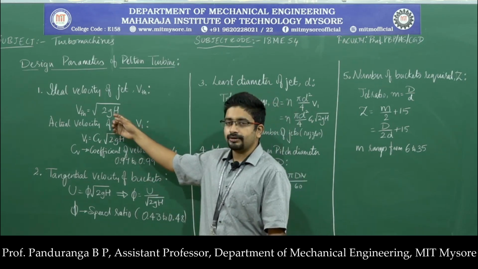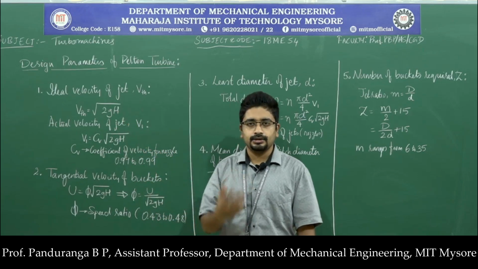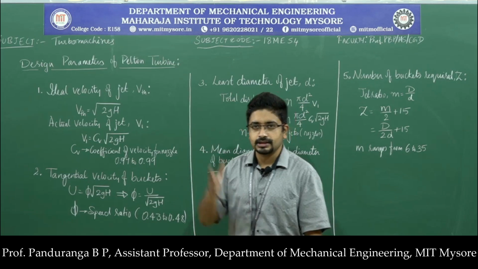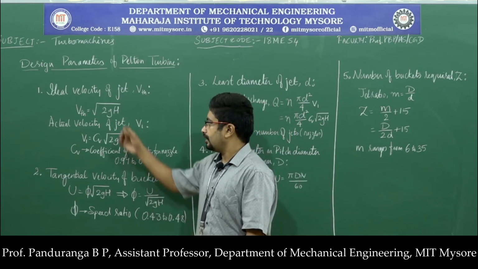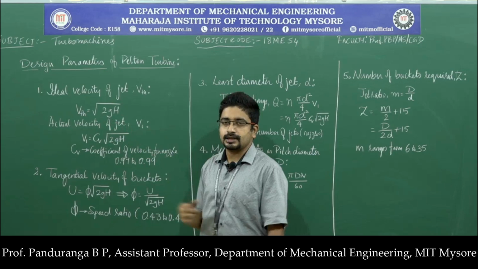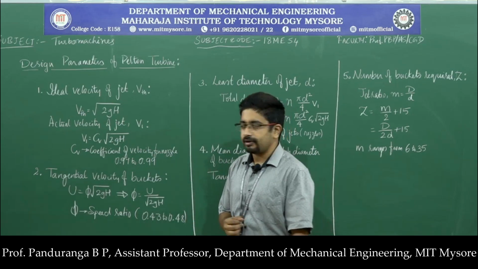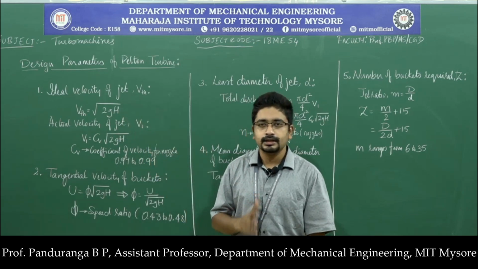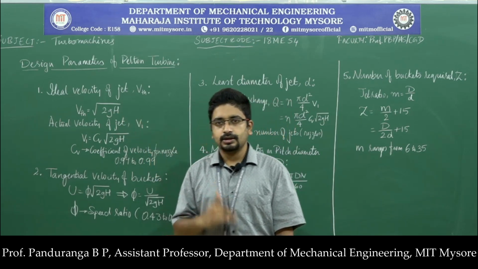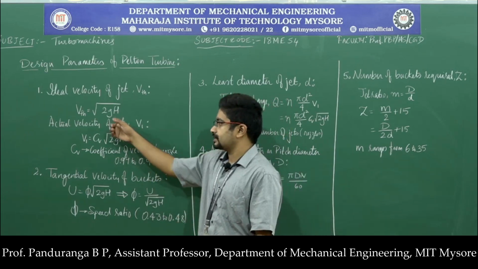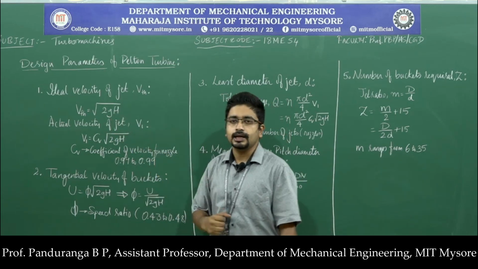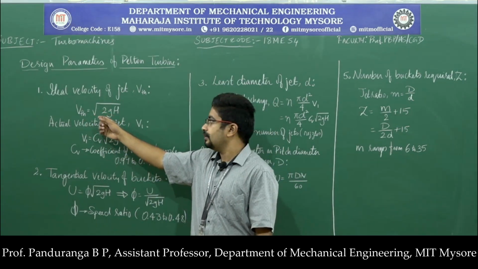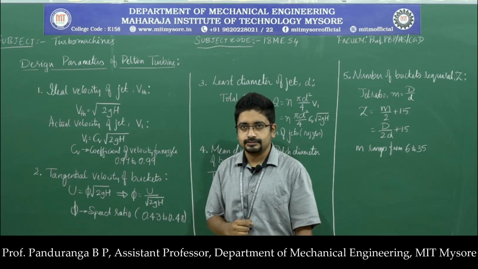So we have taken out the losses due to the friction between the penstock and the water, as well as the fluid friction inside the penstock, and we are using h, that is the net head or the effective head. So this is the energy available at the inlet or the nozzle level. At the nozzle, the energy available for power production is represented by head h, and the theoretical velocity there will be equal to root of 2gh.